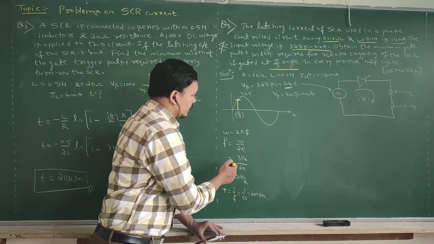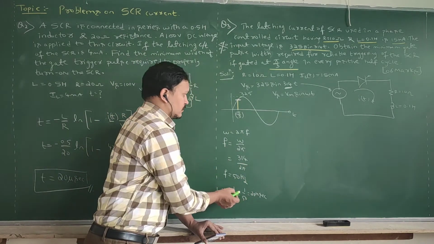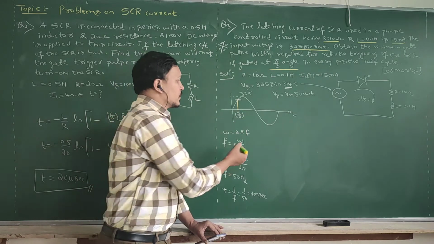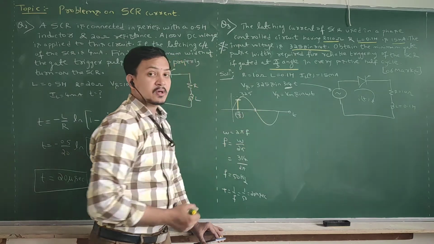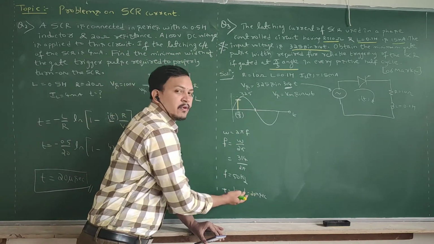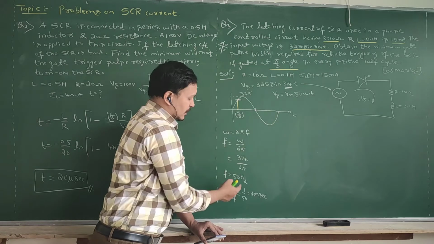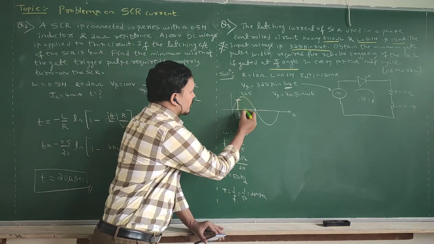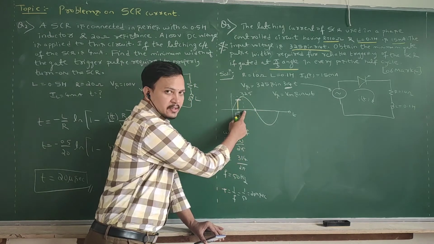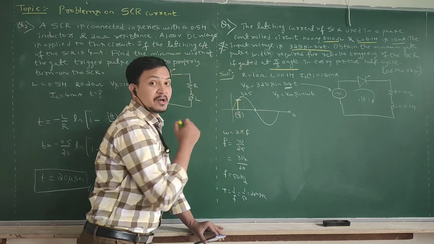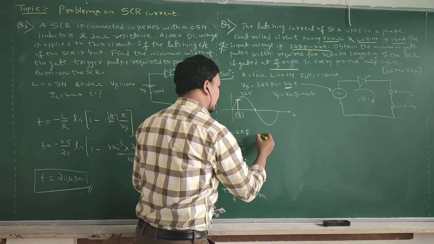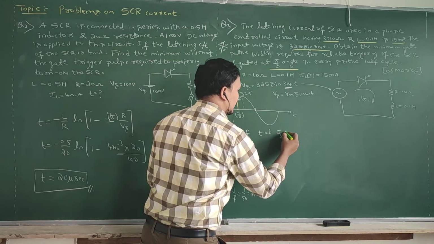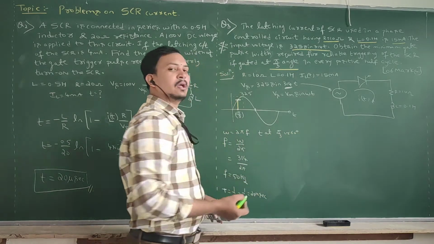So now using this, I am finding the time at each and every angle. So what is the time at 180 degree? Exactly half of this. See, the total is 20 milliseconds. At this point, what is the time? 10 milliseconds. Now at this point, what is the time? 5 milliseconds. Now at this point, what is the time? So the time at pi by 3 or 60 degree.